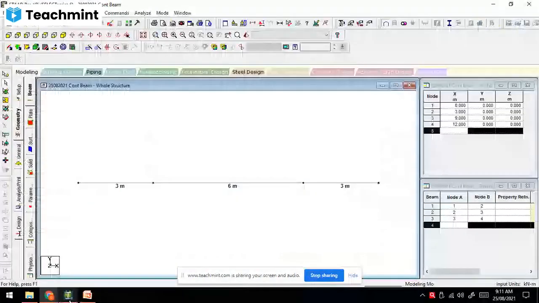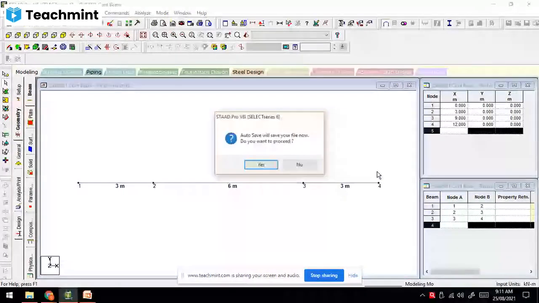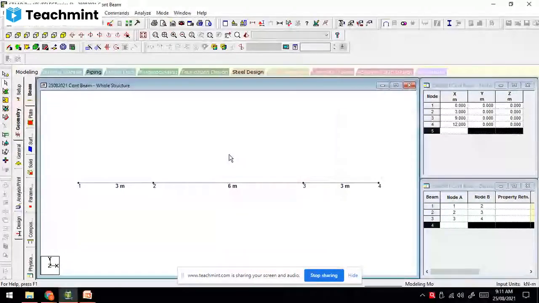So now first of all, as you can see on the right side, there are node 1, 2, 3. For that, you have to press Shift N, that is nothing but the node numbers will be displayed on the screen.